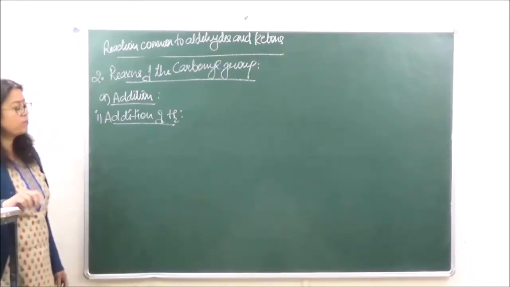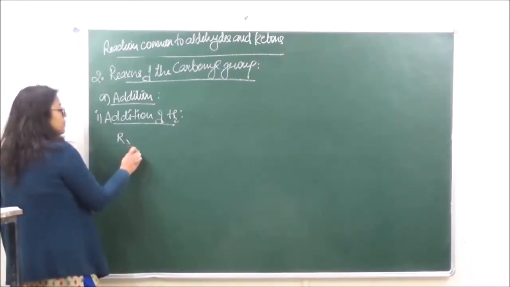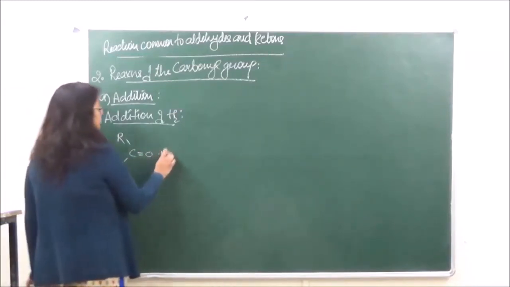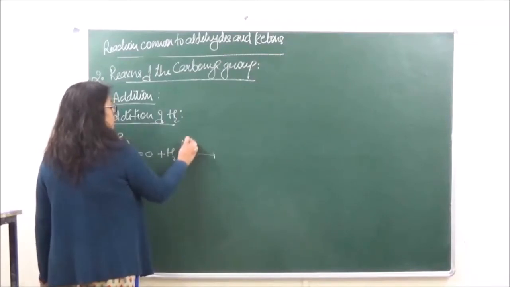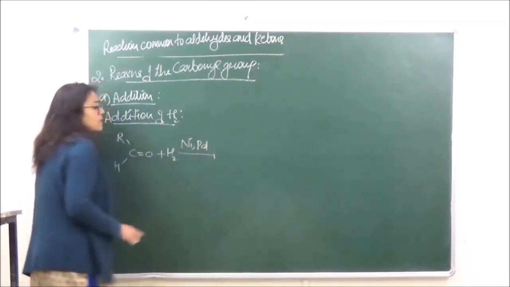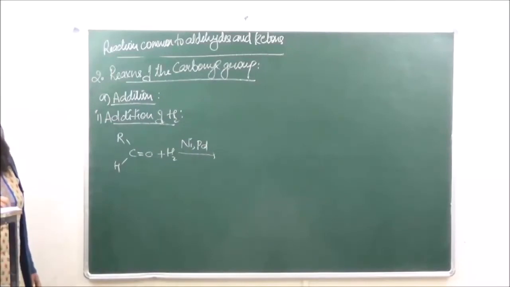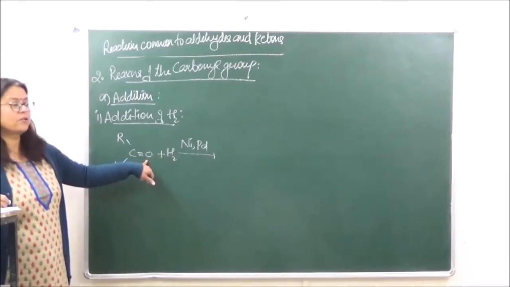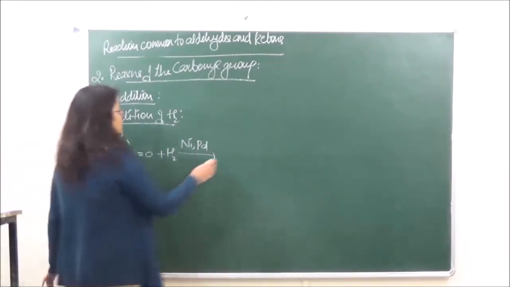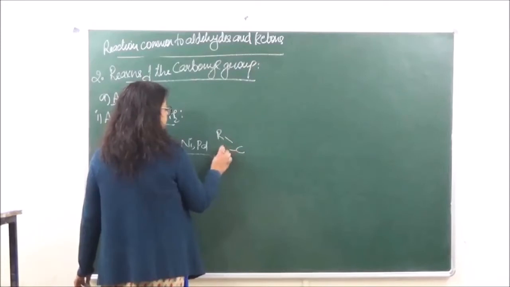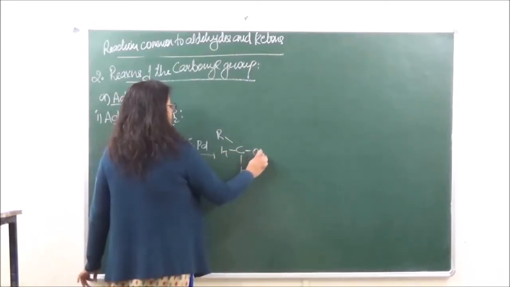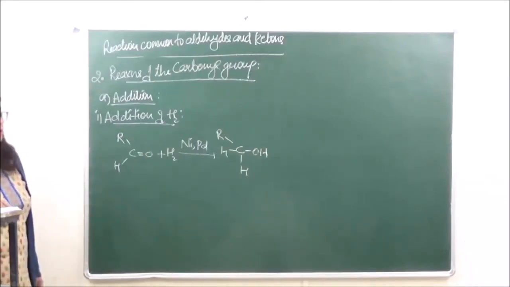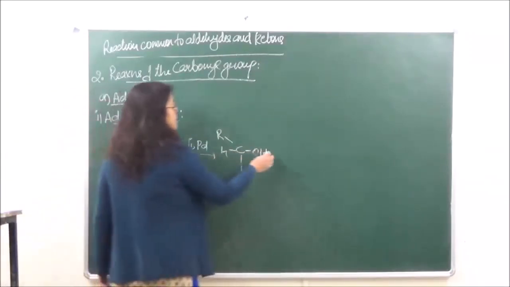Let's see, we've already done this reaction in the methods of preparation of alcohols. If this is the aldehyde which we are taking and we are adding hydrogen in presence of any catalyst like nickel, palladium, platinum, one of the hydrogens will attack at this carbon atom and the second hydrogen will attack at this carbon atom, such that we have over here the production of primary alcohol. Or this may also be written as